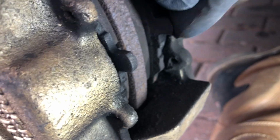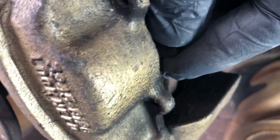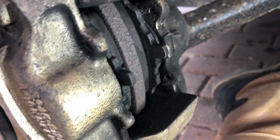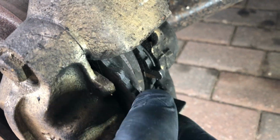Now, these are ears on here. They are moving a little bit, so I just need to wriggle them. These are the pads. Just need to be wriggled out of the caliper, which is obviously here, which I'll need to take off in just a second to get to the hub. Okay, so that's one of the